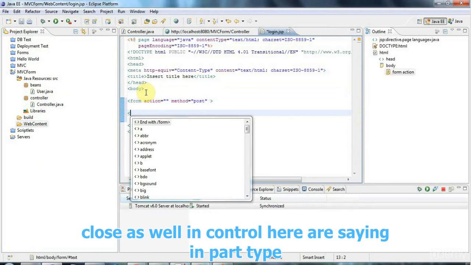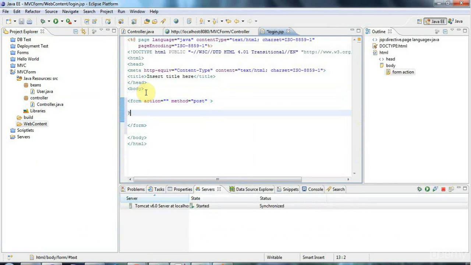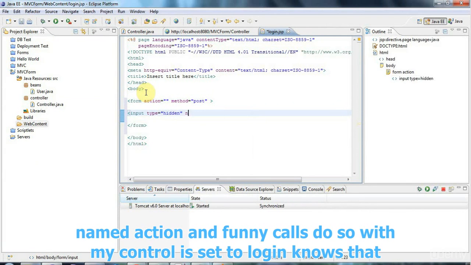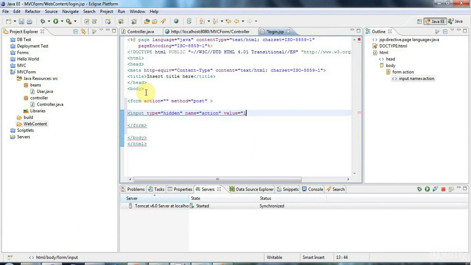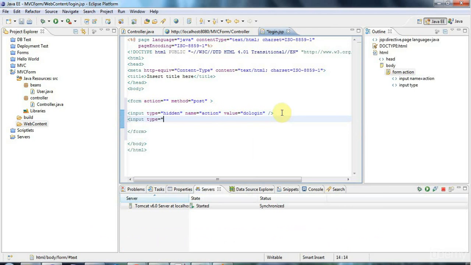And let's just close the form there, and I'll have a couple of controls on it. I'll have a hidden input control here, which I'll say input type equals hidden, and name equals action, and value equals do login. So if my controller servlet finds that the action parameter is set to do login, it knows that this form has been submitted. And let's also give this an input type equals text with a name of email and a